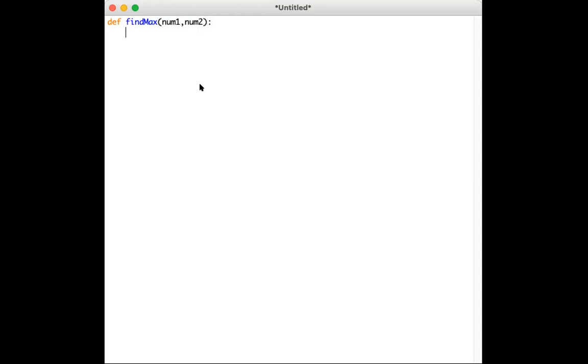Right, when I give this find max num1, num2, it's comparing if num1 greater than num2, you know the maximum is, you can say print maximum is num1. Else if num1 less than num2 or num2 greater than num1, you can say print